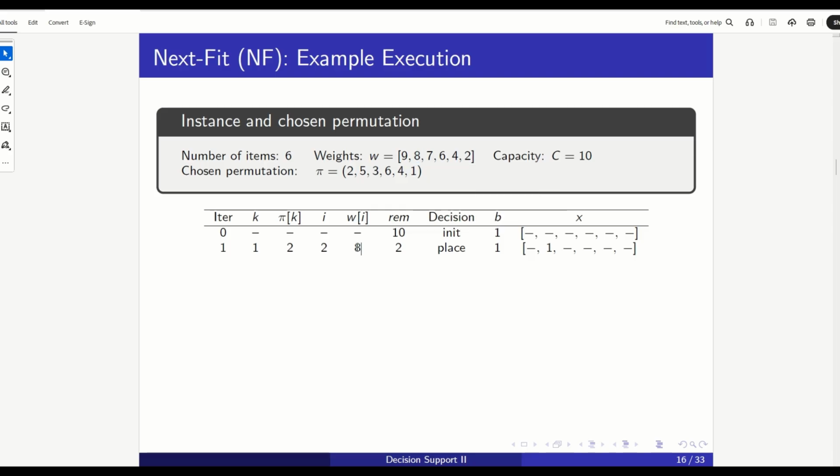And then we ask ourselves, does it fit the current capacity of the current open bin? The open bin is bin 1, its current capacity is 10. 10 is greater than 8, so we can put the item in this bin. This is the decision. We place the item in the bin. We update this guy. So putting the item in the bin means